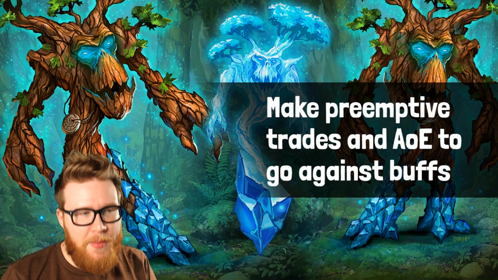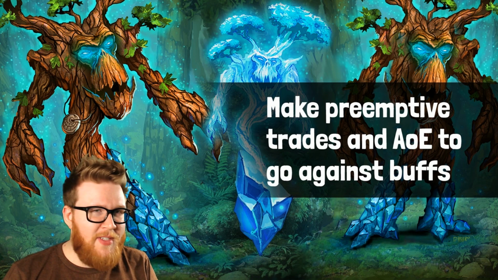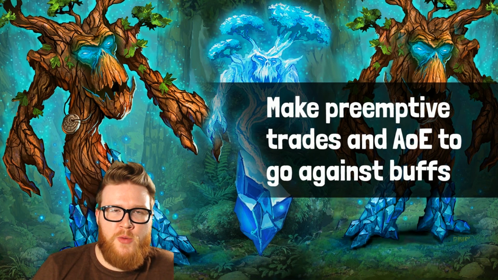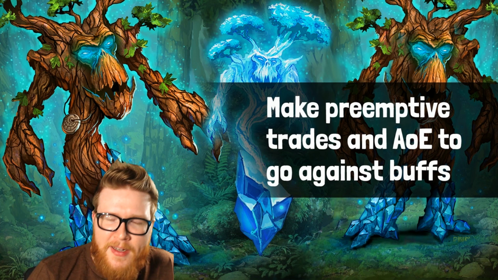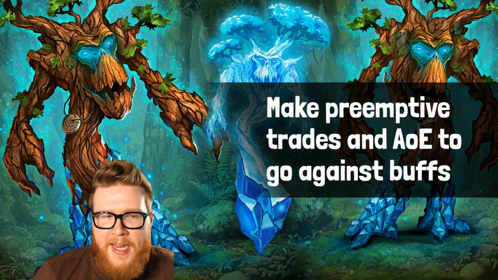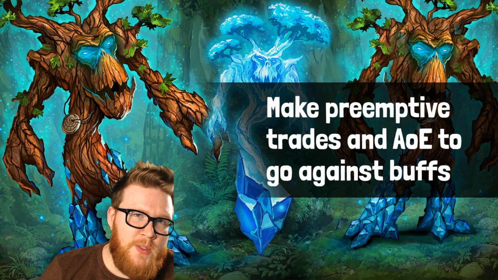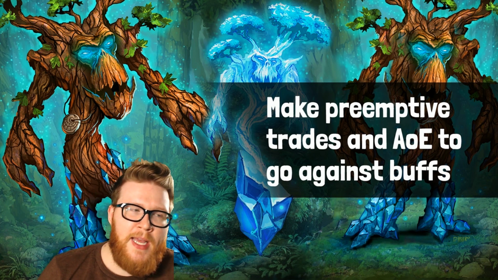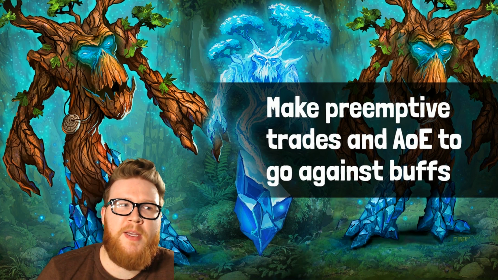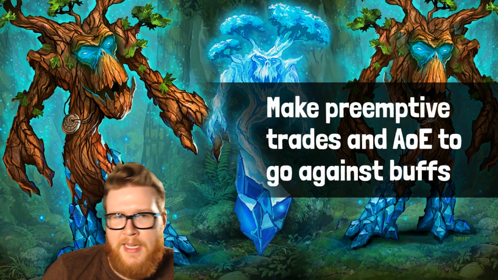My 6th tip is that you should sometimes make preemptive trades or set up area of effect damage to counter incoming Druid buffs. This is kind of difficult to explain, but let's just say, for instance, you have a Paladin deck with 2 Consecrations in hand, and your opponent has a bunch of minions with 3 health out there, and you have 4 mana. You can Consecration the board, and normally that seems like it would suck because you're not killing anything, but what you're doing is putting those minions down to 1 health,